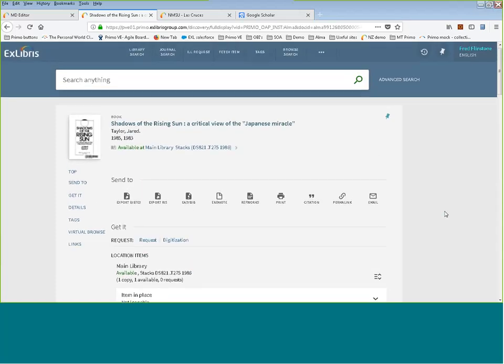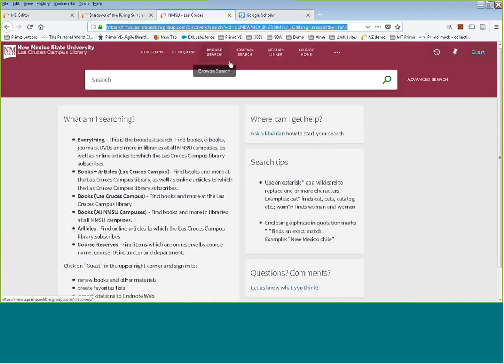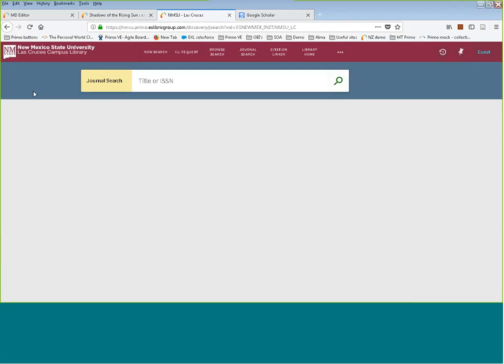Okay, I wanted to show a couple of other things. I wanted to look at the journal search as an example. So let's take a look here at a customer site, New Mexico State University. And if I go to the journal search, for the first time, we've basically taken what traditionally is a